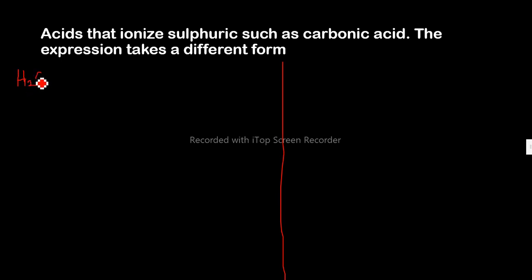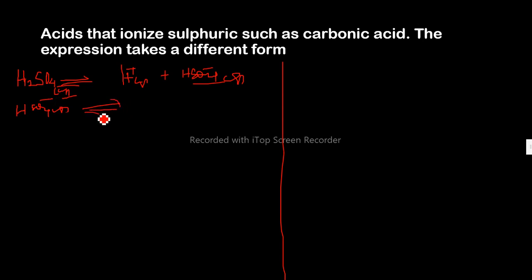This is sulfuric acid. It will ionize to give us hydrogen ions, aqueous, plus the hydrogen sulfate ions, aqueous. And the same hydrogen sulfate ions will also ionize fully. They will dissociate fully to give us hydrogen ions and sulfate ions,